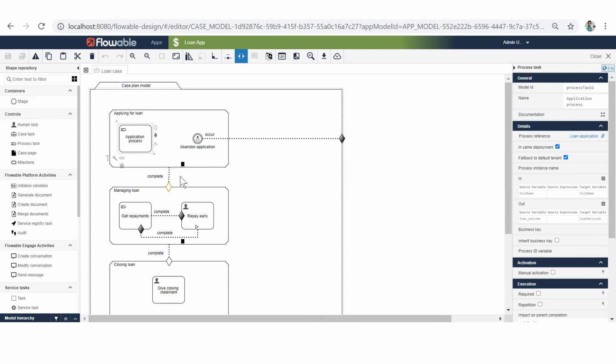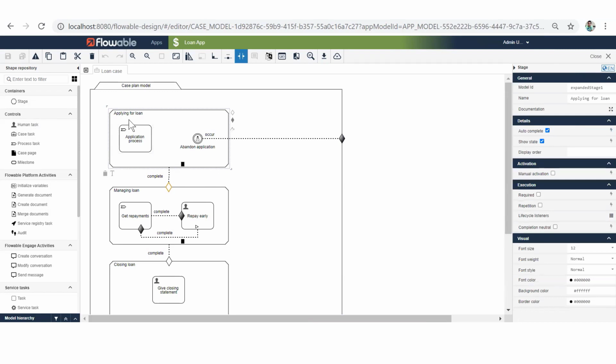This workflow is about loan management, where in the first container, this big box, we are applying for a loan. The second container is managing a loan, and the third container is closing a loan. That's it. There is no coding we have done here. Everything has been designed and developed using BPM. When you want to process anything, they have forms as well. We'll talk about that as well. And everything can be managed within this product itself.